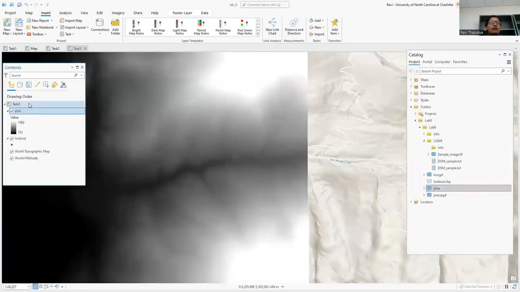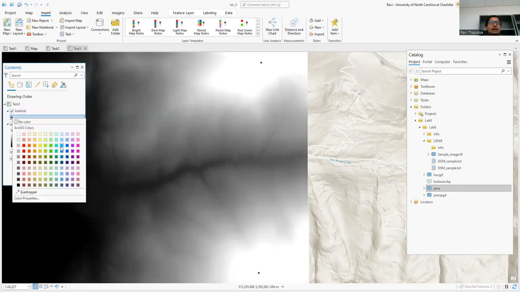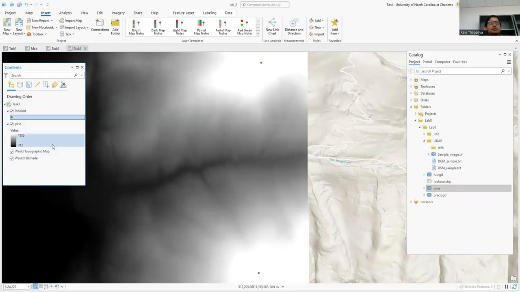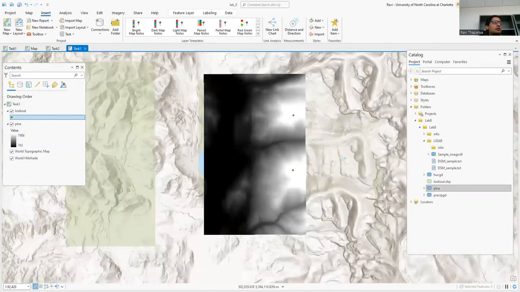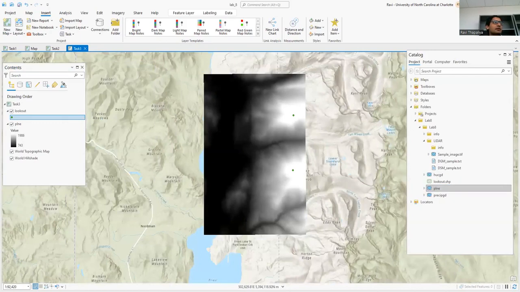And once you have added them to the contents pane, make sure lookout.shp is on top of plne in the drawing order. You might also want to change the symbology of lookout so that it will display better. You can change the symbology by right clicking on the symbol and then choosing another color for the symbol. And then once you are satisfied with the symbol,